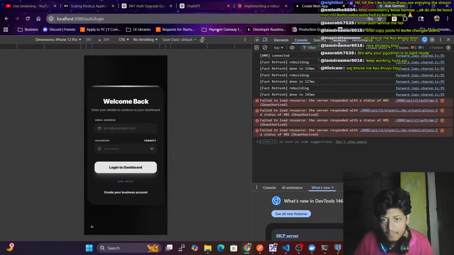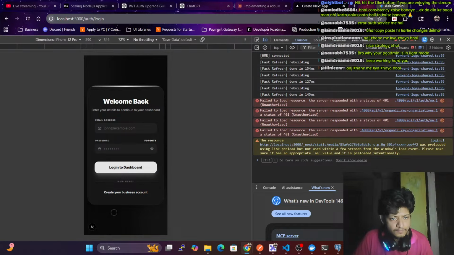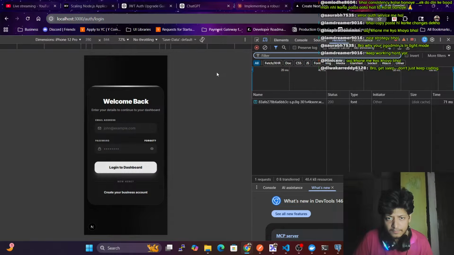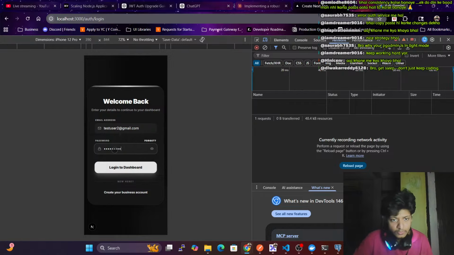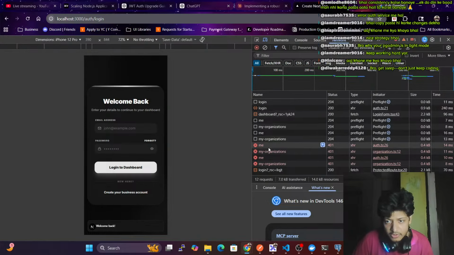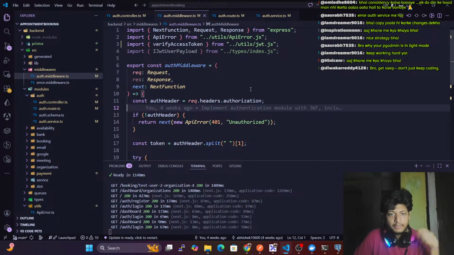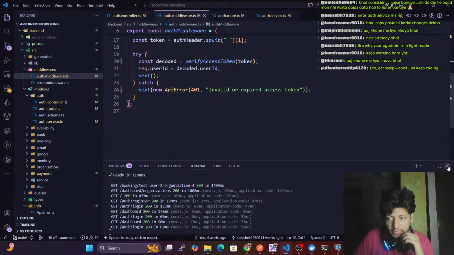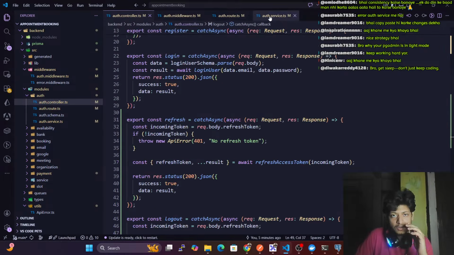Something broke here. Server responded unauthorized. Something broke here. Okay, network. Test user 2 at gmail.com. We have this, my organization, me, invalid or expired access token. Okay, me, invalid. Hold on. Auth middleware, invalid access token. Okay, we are getting it in the middleware part. So now when we are logging in, where is it? Where is the, hold on. First,